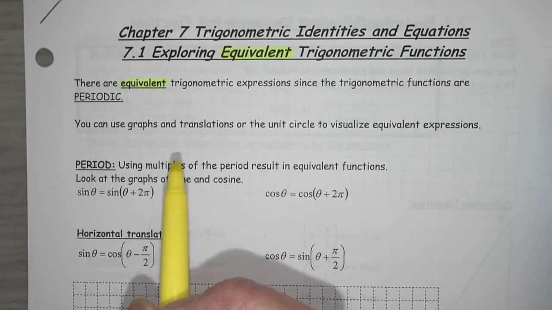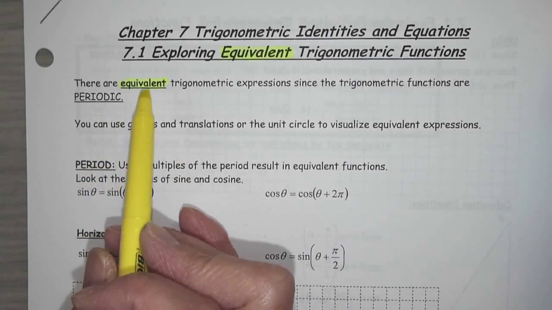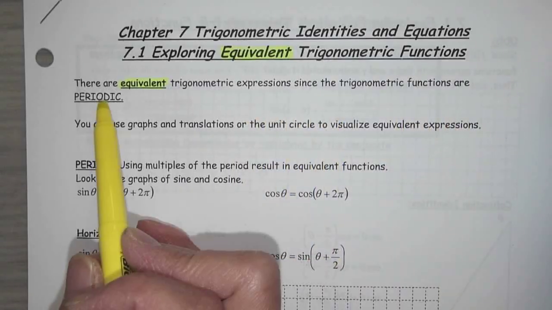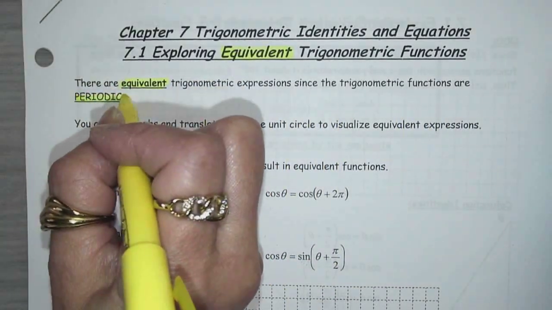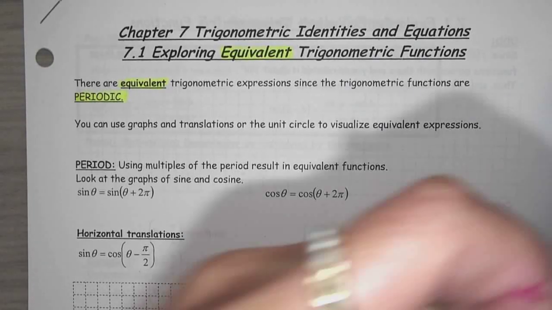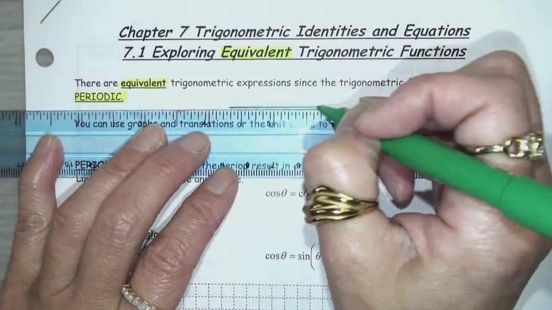So this is just a nice warm-up section. So equivalent, there are equivalent trig expressions since a trig function is periodic. We know it's repeating itself. So when it repeats itself, we're going to be able to get more than one answer. So when you look at something, you go, okay, when is sine of theta equal to the same amount? We know that because, for example,